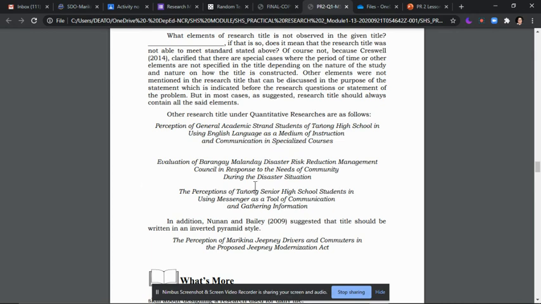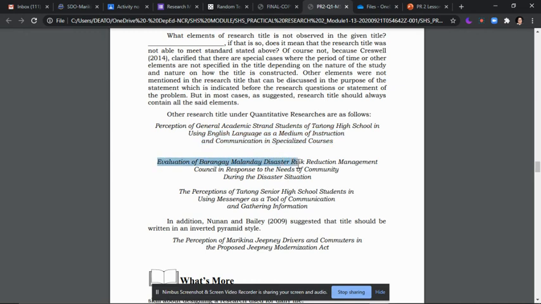Yung independent variable dito ay yung perception of general academic strand, tapos ang dependent ay yung English language as a medium of instruction and communication in specialized courses. Bakit? Kasi yung perception ay gagamitin as basis para dun sa subject. Pero kung puro perception to, ang inaasahan ko ay relationship.